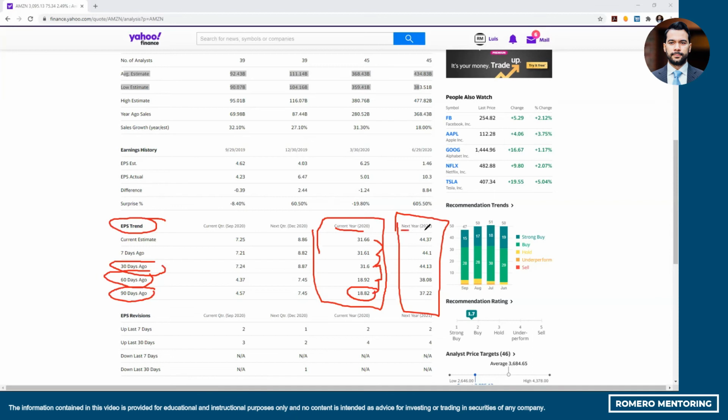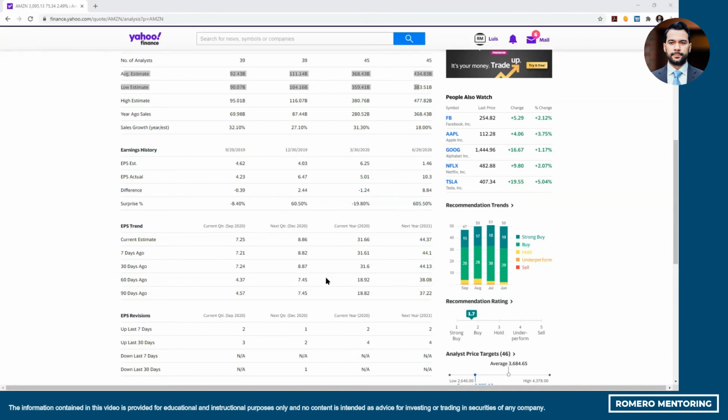Look also at next year's guidance. They're raising their guidance. So you want to get ahead of this move. But of course, you have to apply technical analysis to improve your entry point from a tactical standpoint, so that as soon as you buy the stock, you're buying it at the highest probability of it moving higher, limiting your downside. So I've given you the fundamental analysis viewpoint. I've given you the earnings estimates and the trend, which is up. They're raising their guidance on the stock because fundamentally the business model is just sound,